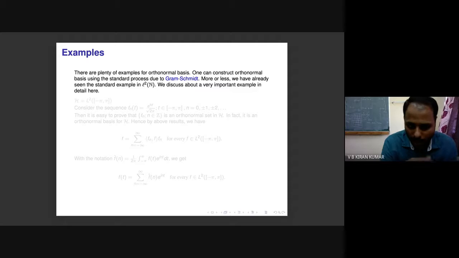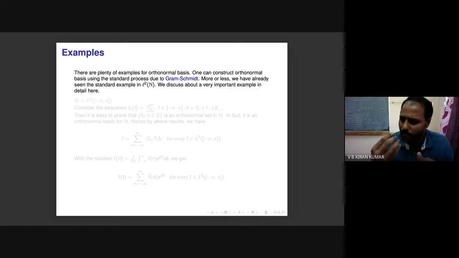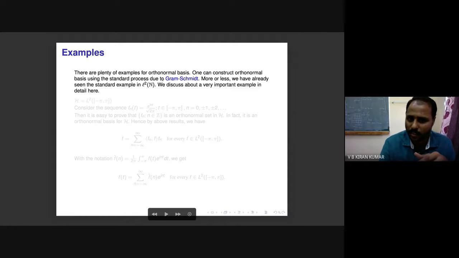So depending on the linearly independent set you begin with, you can construct something called orthogonal polynomials. This is the way in which you construct, say, Laguerre polynomials, Legendre polynomials, and a lot of examples which are of highly practical use, practically highly useful in solving differential equations and so on. There are several such orthogonal polynomials which can be constructed using the Gram-Schmidt process.